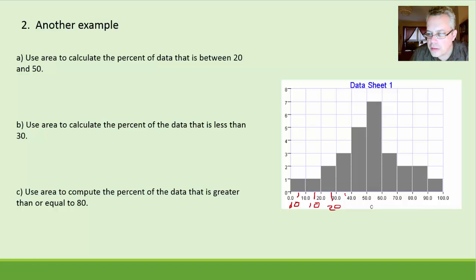This area is 30. This one is 50. This area is 70. This one area, the width is 10, the height's 3. This would be 30. This would be 20. This would be 20, and this will be 10. So now that I labeled the area of each of the bars, we can go